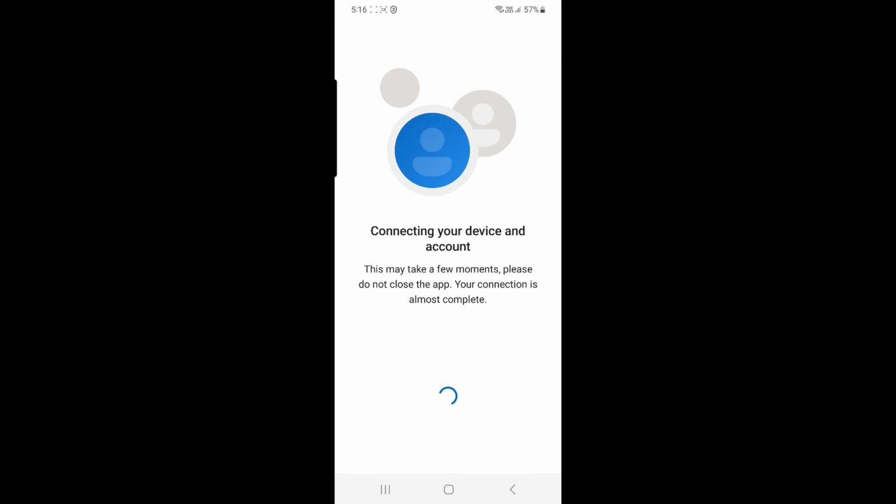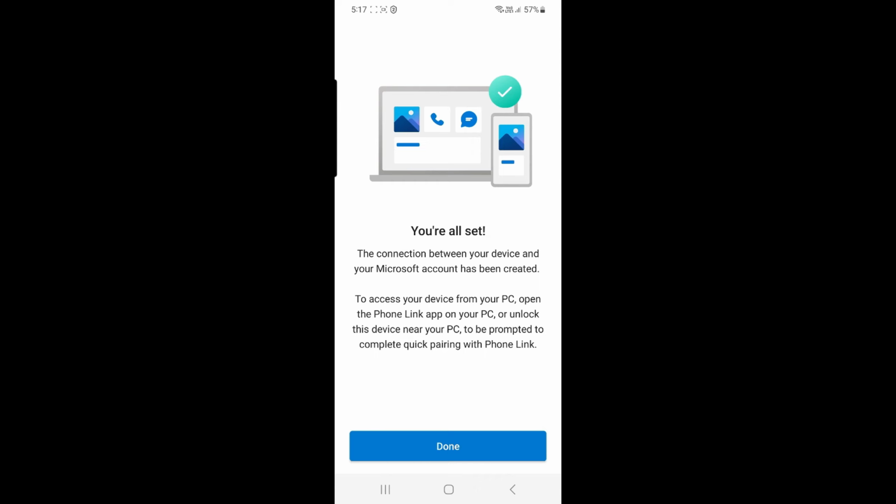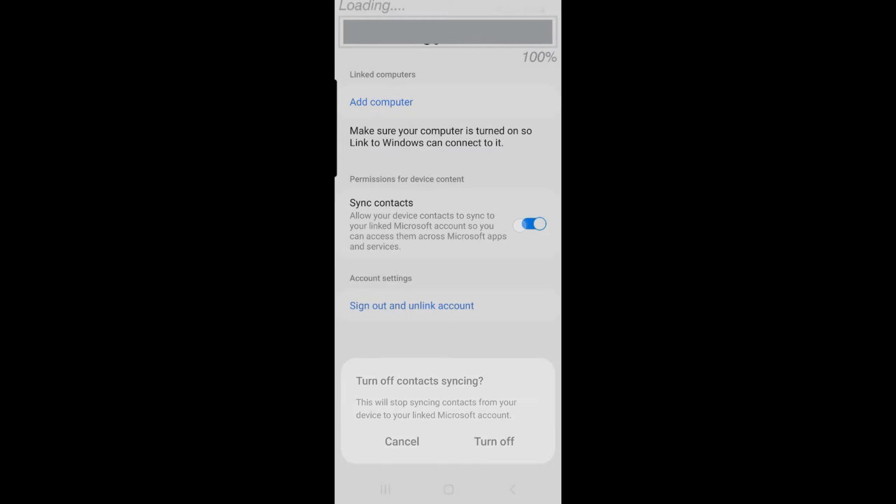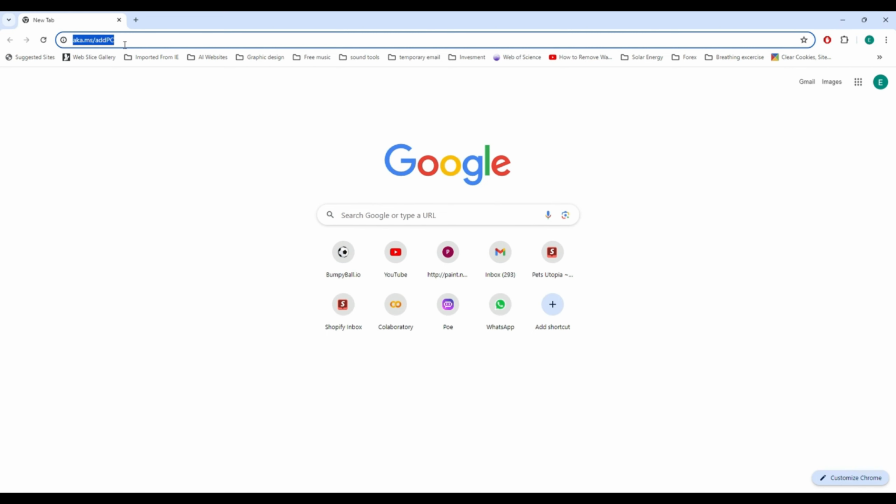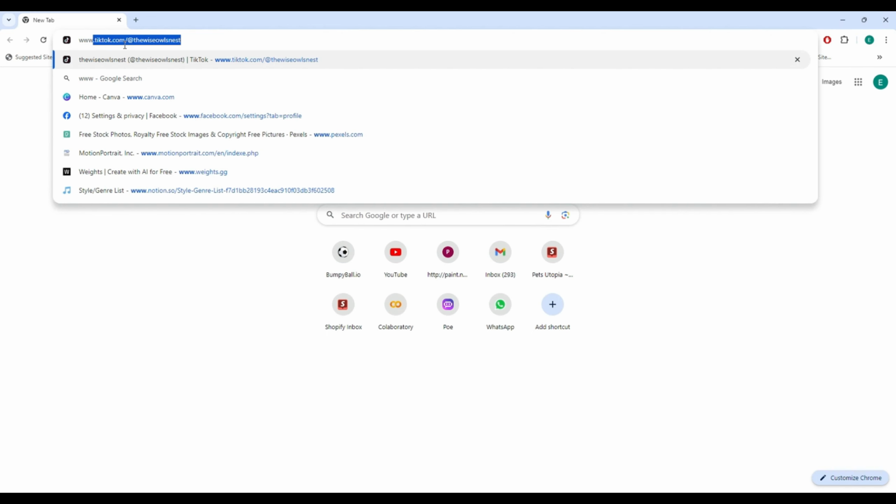It might take a little bit of time. So all is set. Okay, it says all is set. So we just press done. You need to add your computer here. So what you need to do now is to go to your browser and you will go to this website,